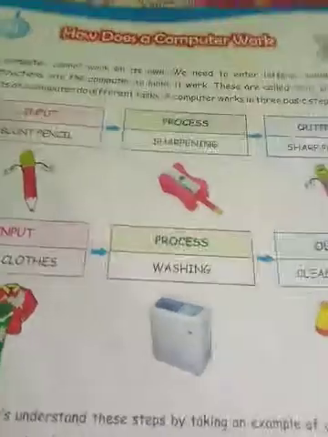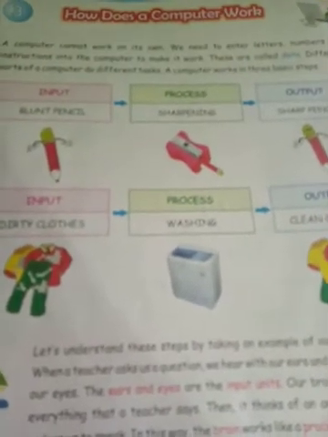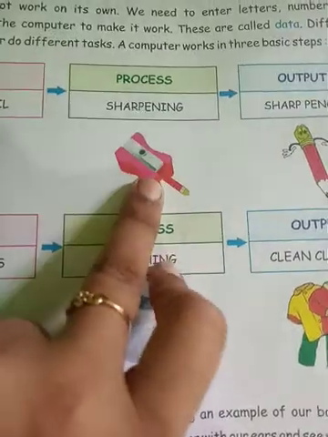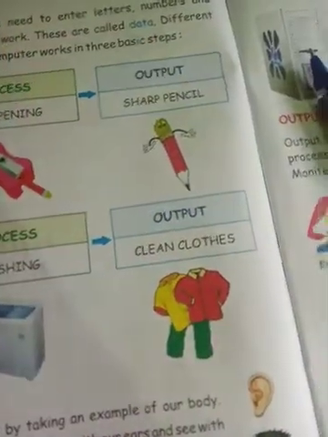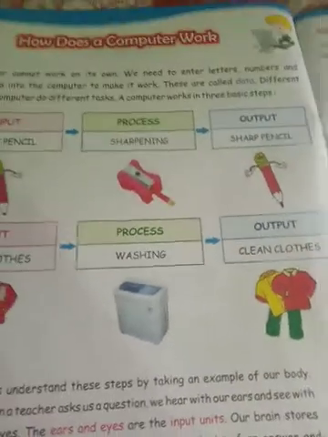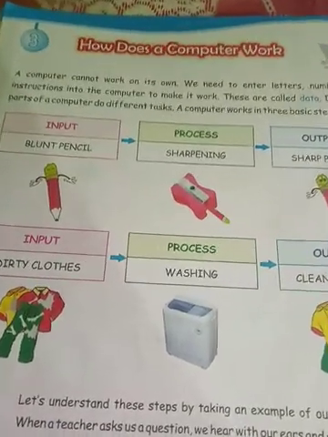So if you are making a tea, okay, so what input you need to make a tea? Input is sugar, tea leaf, milk, pan and water. Then what you will do? You will prepare the tea and result is the made tea. So whatever we do in our daily life, it also has an input, process and output.